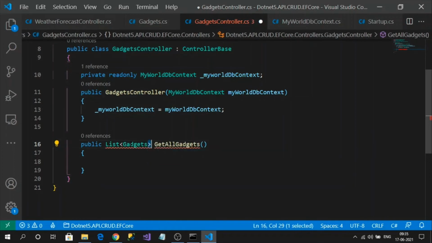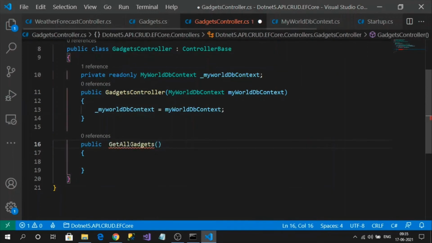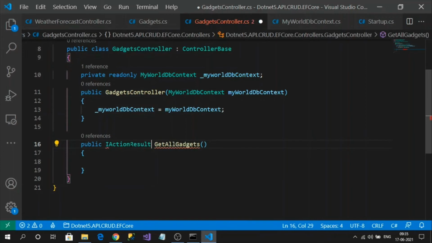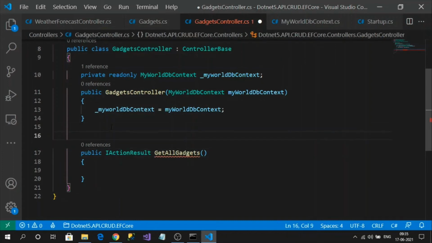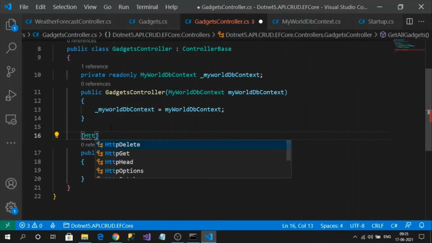But the most recommended way is to use IActionResult. I want this action method to be invoked for HTTP GET requests only. To do that, I can decorate my action method with HttpGet.